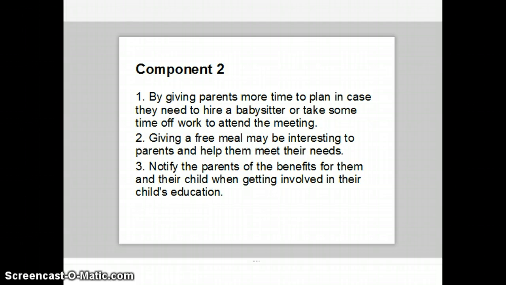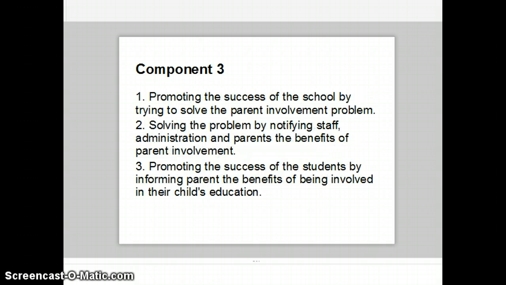Component 2, by giving parents more time to plan in case they needed to hire a babysitter or take some time off work in order to attend the meeting. This helps meet their needs along with helping meet our needs. Another thing, possibly giving them a free meal, maybe interesting the parents, and might help them meet their needs also. And then to notify the parents of the benefits for them and their child when getting involved in their child's education. Component 3 of this,